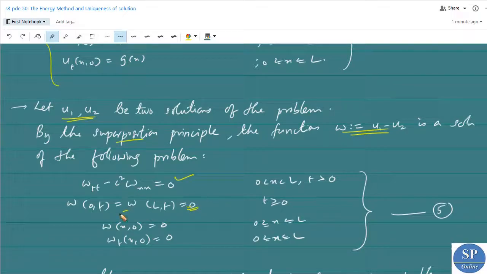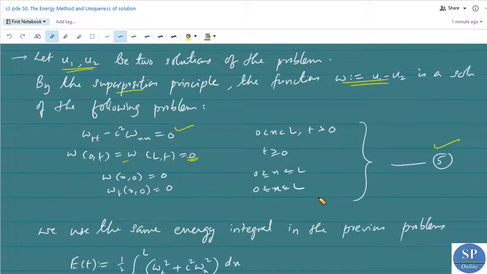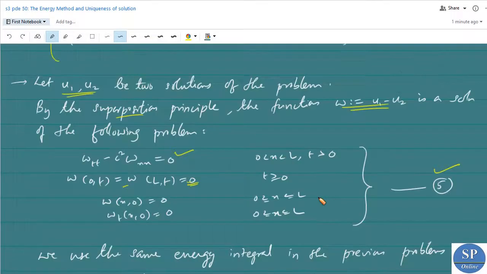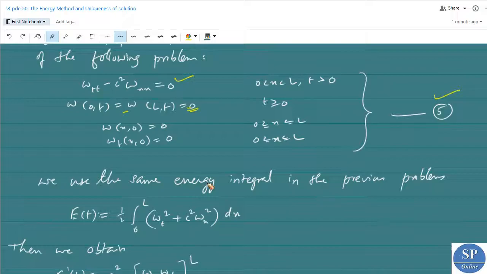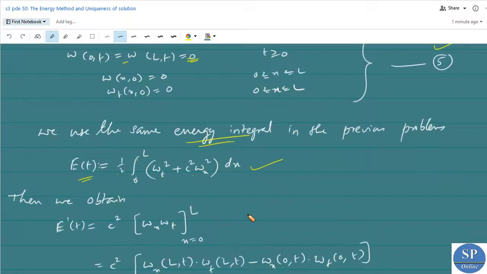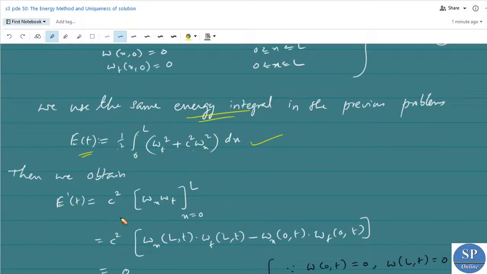So W is a solution of this. Now here also we can prove that the solution W of this problem 5 is equal to 0. Here we use the same energy integral as in the previous problem, that is E of t is equal to 1 by 2 into integral 0 to L of W_t squared plus C squared W_x squared dx. If you are considering the same energy integral, then we obtain, as in the previous case,